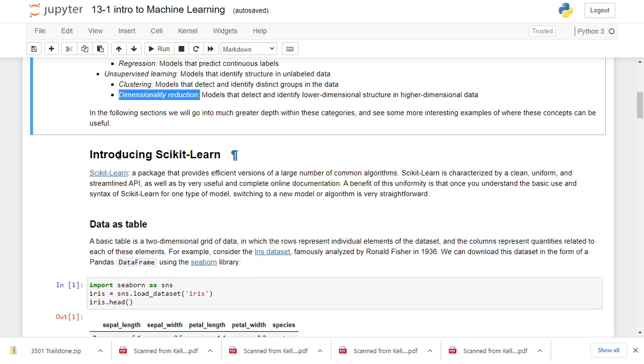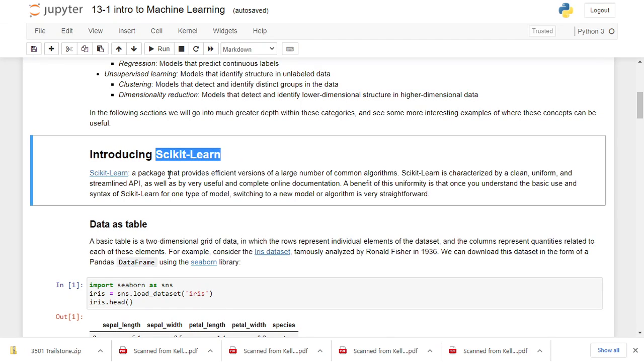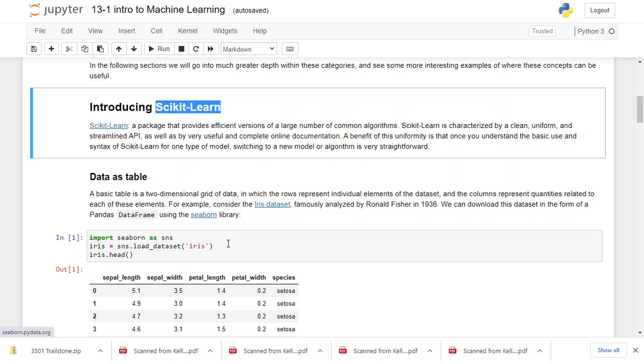So let's start first with scikit-learn, scikit. Scikit is characterized by a clear, uniform, and streamlined API, and is very useful with the full, complete online documentation. It treats data as a table. Normally, the basic table will be two-dimensional